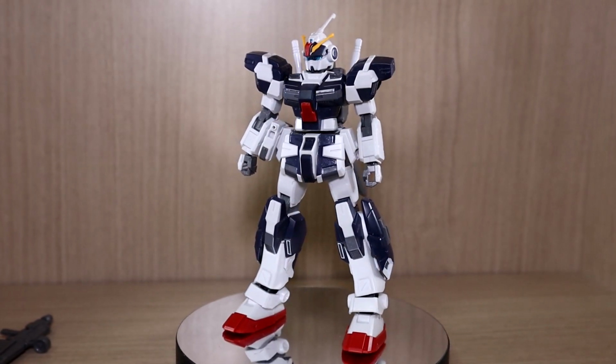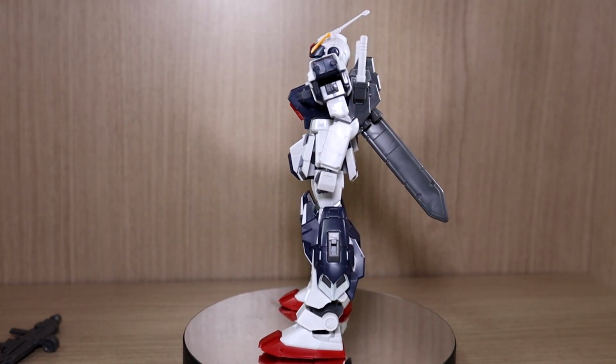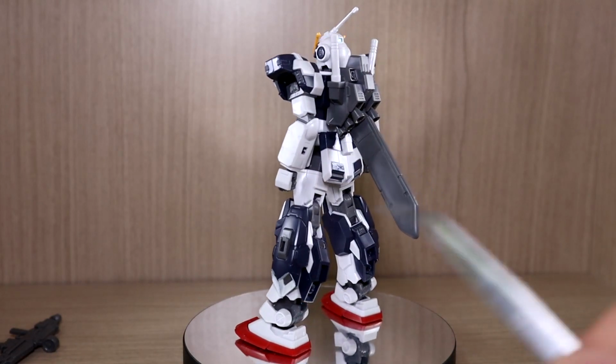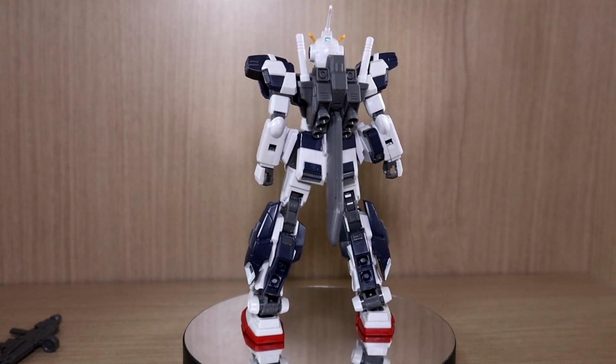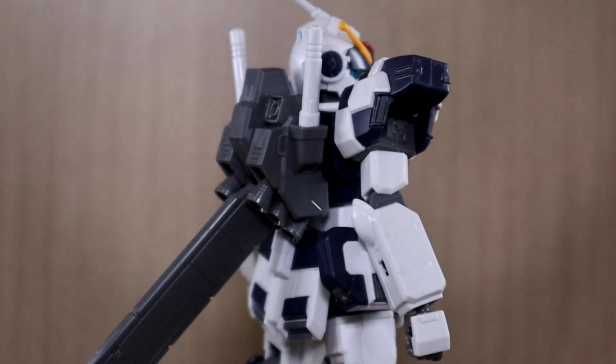So first of all, let's talk about components. What you get, of course, is obviously the mobile suit itself. And on the mobile suit at the moment, we have two multi-purpose hands, one on the left and one on the right. We have two beam saber hilts on the back, and we have this weird thing on the